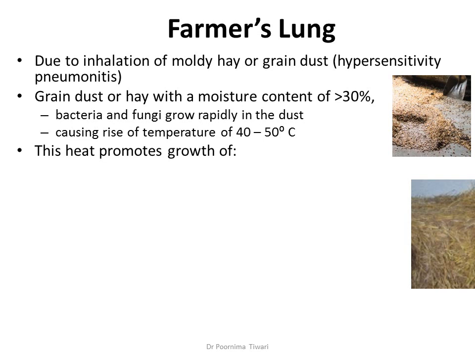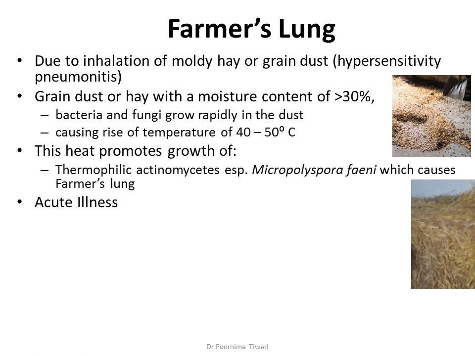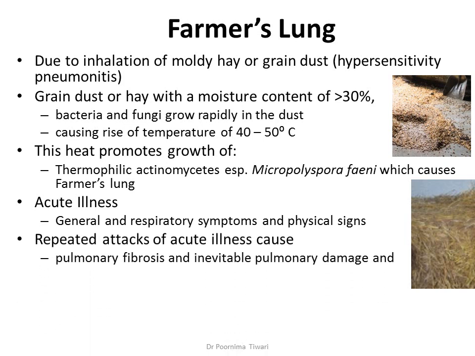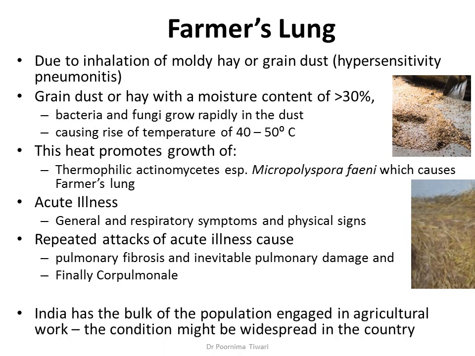The inhalation of spores of these is called farmer's lung. It is an acute illness consisting of general and respiratory symptoms and physical signs on examination. Repeated attacks of acute illness can cause pulmonary fibrosis and inevitable pulmonary damage. Finally, when a lot of fibrosis has occurred, it leads to pulmonary hypertension and cor pulmonale can result. This is of importance because India has a bulk